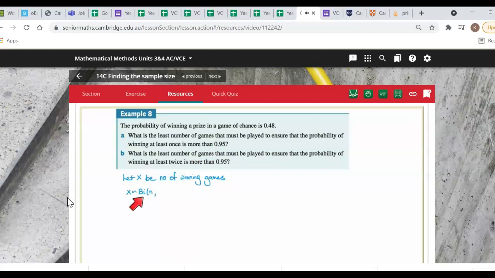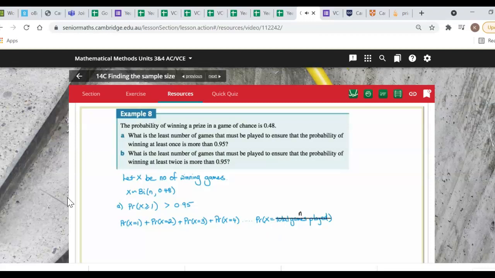Where x is a binomial distribution, we don't know what n is, but we do know that the probability of success is 0.48. So as I was saying, we want to know what the value of n will be such that the probability of winning at least once, there we are, x is greater than or equal to 1, be more than 0.95. Now the probability that x is greater than or equal to 1 means we're dealing with x equals 1 or x equals 2 or x equals 3 or x equals 4, but we're going to keep adding up all of those probabilities until we get to the total number of games played. Problem is with this is we don't know how many games we're going to play, and in fact that's what